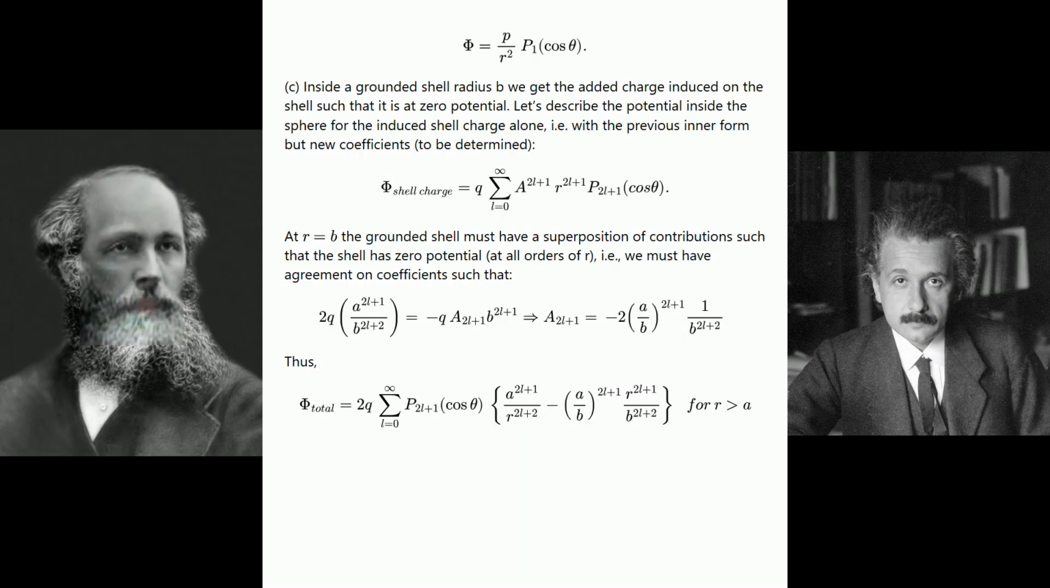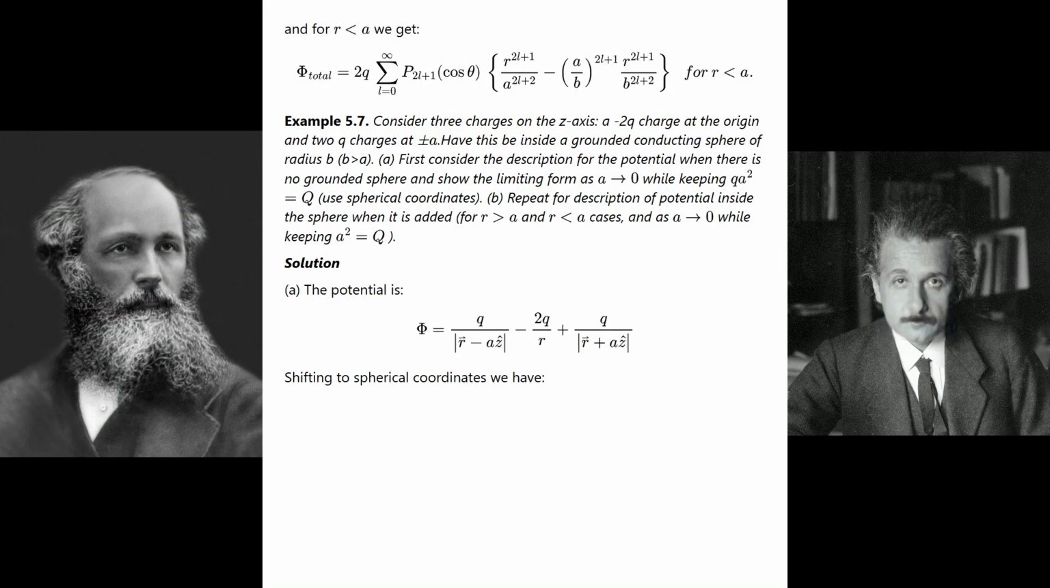C. Inside a grounded shell of radius b we get the added charge induced on the shell such that it is at 0 potential. Let's describe the potential inside the sphere for the induced shell charge alone, i.e., with the previous inner form but new coefficients to be determined. See the equation shown. At r equals b the grounded shell must have a superposition of contributions such that the shell has 0 potential at all orders of r, i.e. we must have agreement on coefficients such that, see the equation. Thus, see the equation shown. And for r less than a we get,